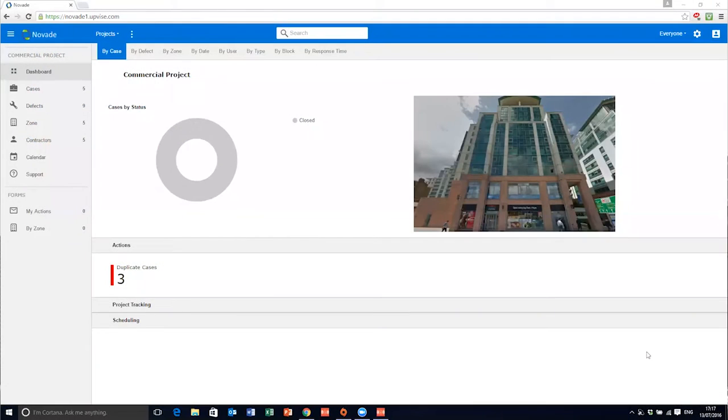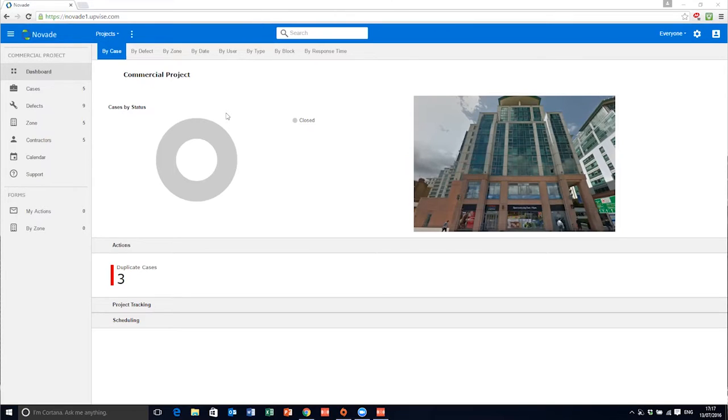We're now going to look at the process of lodging a defect from the surveyor's perspective on site. You'll see back at the head office view here, using the web browser access to the Novade data over the cloud, I've set the commercial project to have effectively 0 lodged defects. So we can look at the whole process from lodging a defect, acknowledging that, turning it into work in progress, issuing it to a subcontractor, then picking that up on the mobile device,